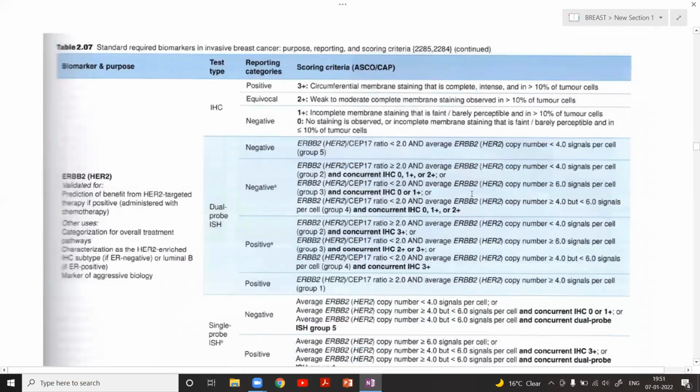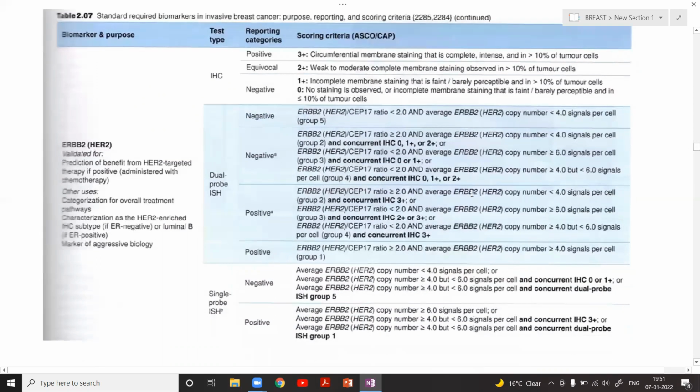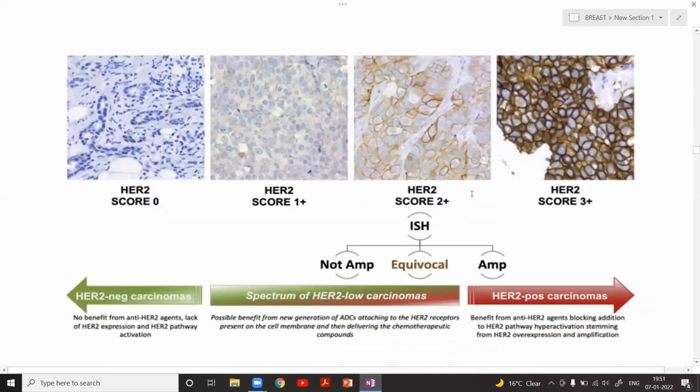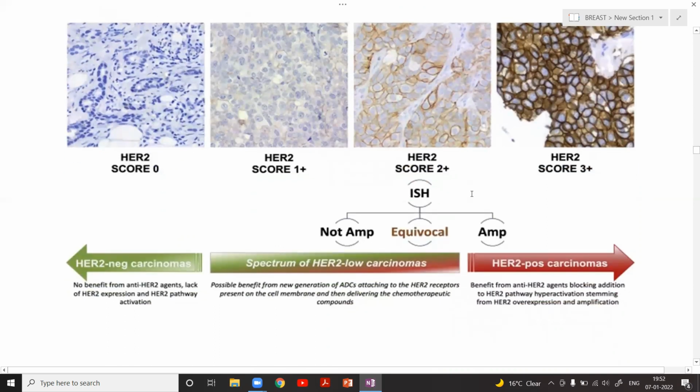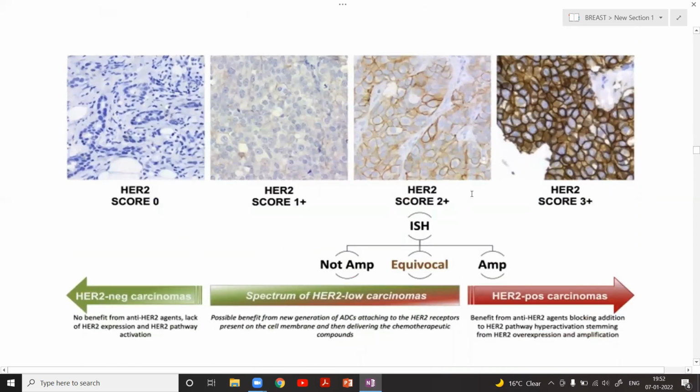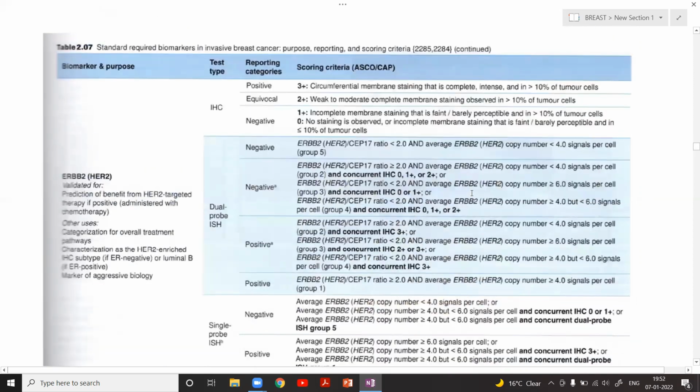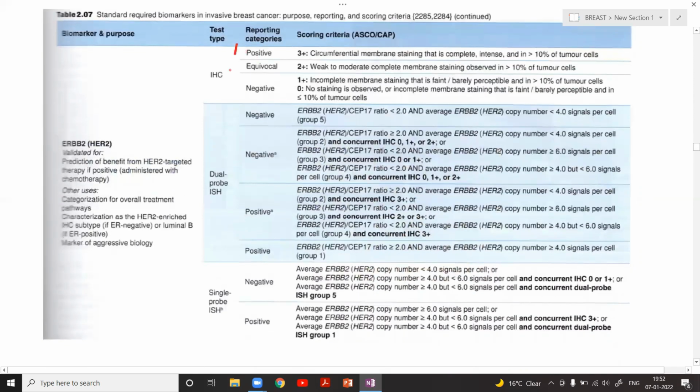Now we go to the second type of scoring, that is the HER2 scoring. Let us see HER2. First, try to understand how we are giving the HER2 scoring. It is very, very important. What commonly is asked in your exam is the immunohistochemistry, the IHC protocol. What is positive? What is equivocal? What is negative? First of all, we write in the IHC report that a person is HER2 plus, or we say HER2 positive.